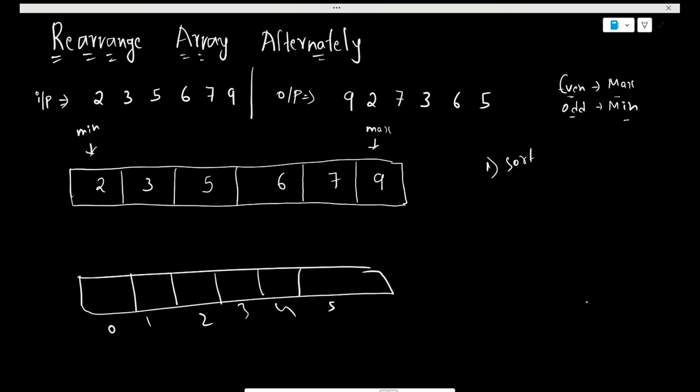So first even index, 9, so max is updated, and after that odd index, minimum, so 2 here, so min also updated. After that, same: 7, max updated, and 3, min updated, and after that 6, max updated, and 5, min updated. Completed. Like this, it's very easy in the normal approach, but we are using an extra array,